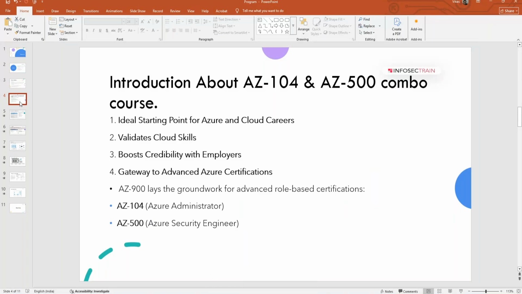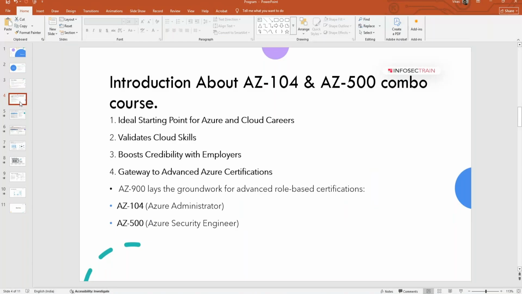We have seen that if somebody has 20 years of experience in security but is a little new to Azure, it's a little difficult to jump into security. So that's why we launched this 104 and 500 combination. Luckily, this is one of our successful tracks. I have already run 10 to 12 batches, where audiences range from 1 year to 25 years of experience. So why is this 104 and 500 important?